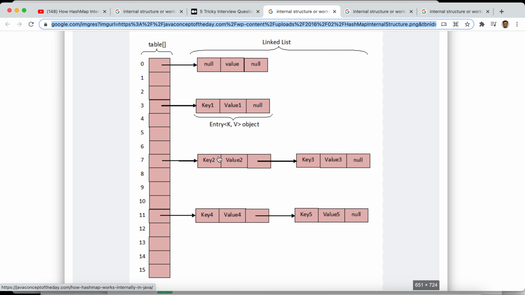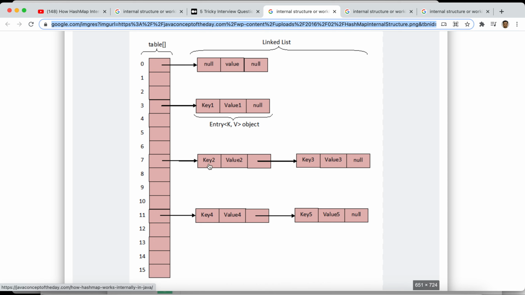For example, if there's a hash collision at index 7, we compare the key. If the key is key 2, we just replace the value of the node that has the same key as key 2.